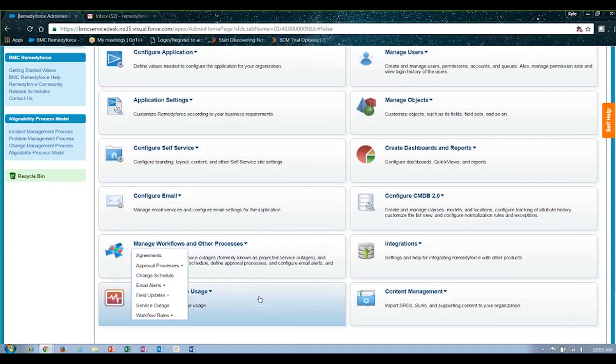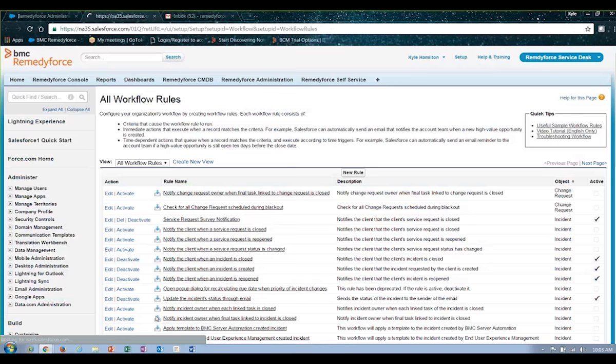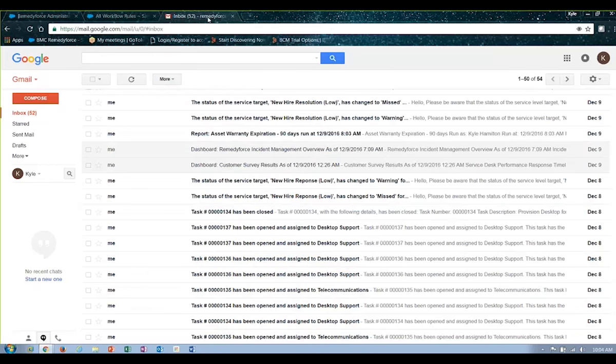So if you need to configure email notifications, for example, that go out to customers, clients, staff, as records are updated, opened, closed, etc., you can come in here and easily review the out-of-the-box rules that you see here, or be able to create brand new workflow rules based upon your needs or requirements, so that these can actually generate all of the outbound content just related to status updates and ticket notifications that you might need within your particular